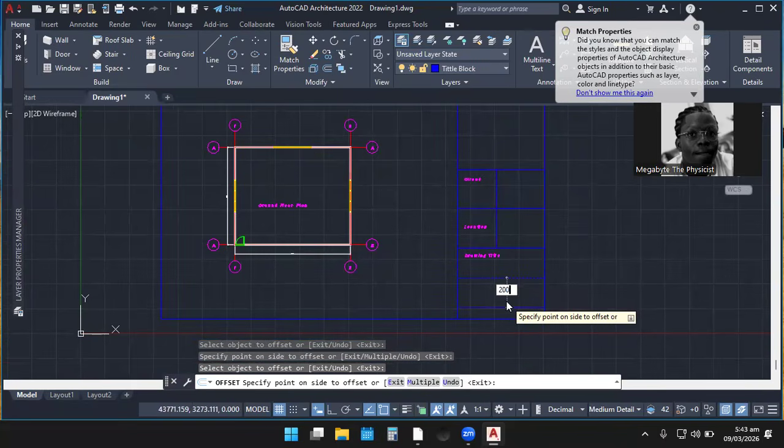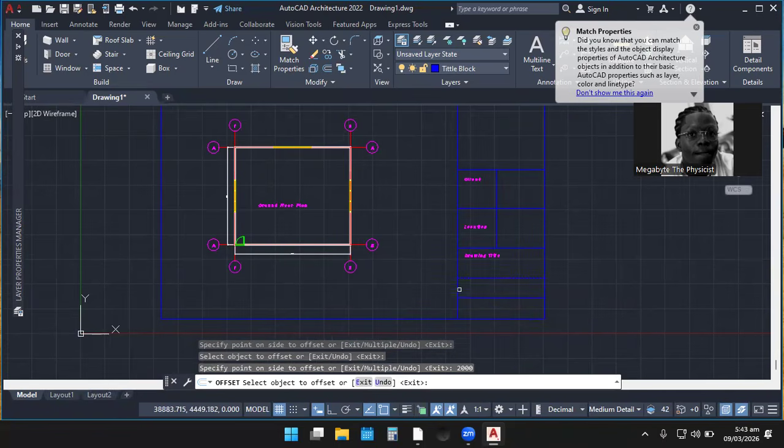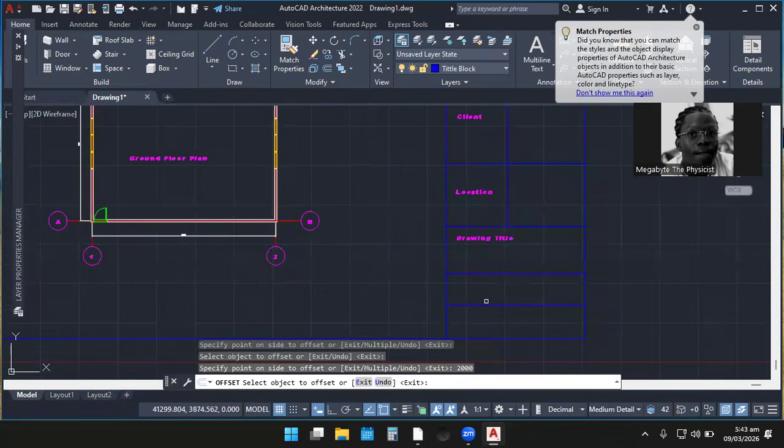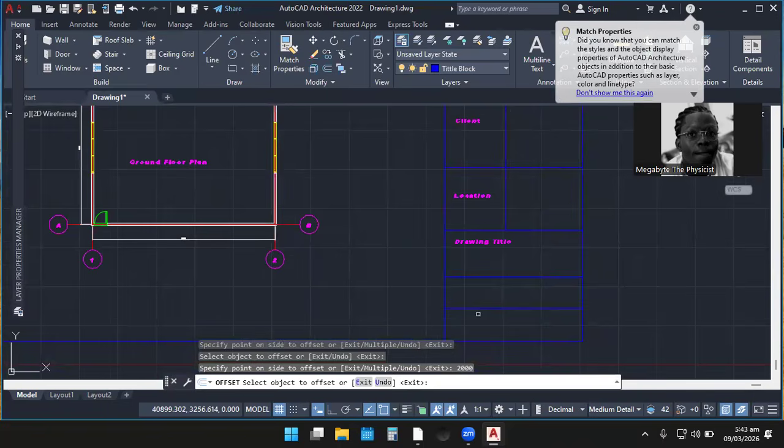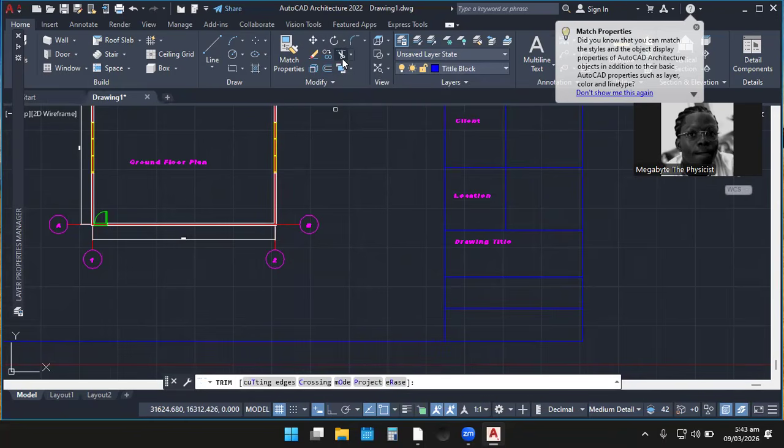So I think that will be quite okay. So from here we can say that. Let me quickly trim this for a certain reason. I'll bring it back again.